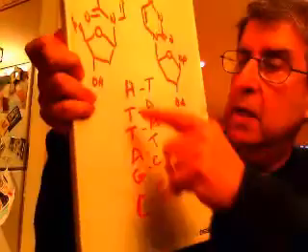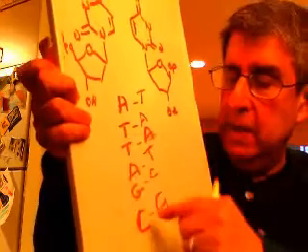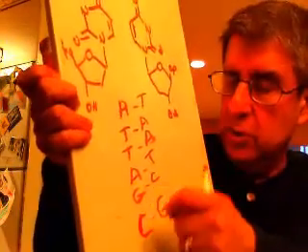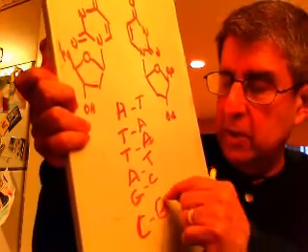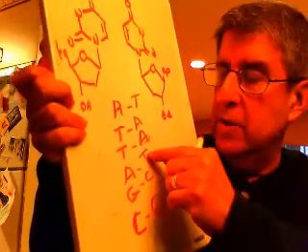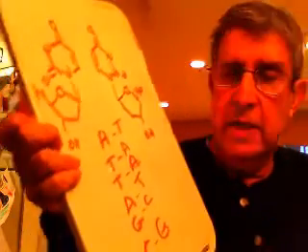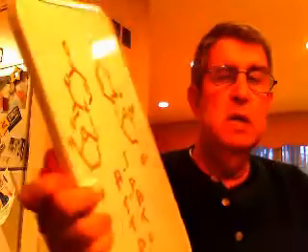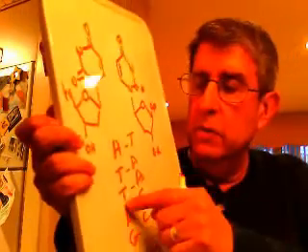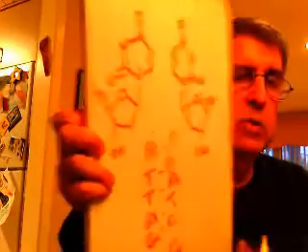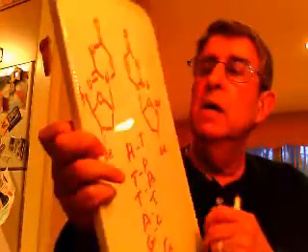Let's see if I can show you this. This, when it's replicated, will make a strand. These two strands will separate, and this will make a strand that will be identical to this side. And this strand will make a strand that's identical to that side. The problem is this, that when you have 2 thymines next to one another, which you have a lot of,